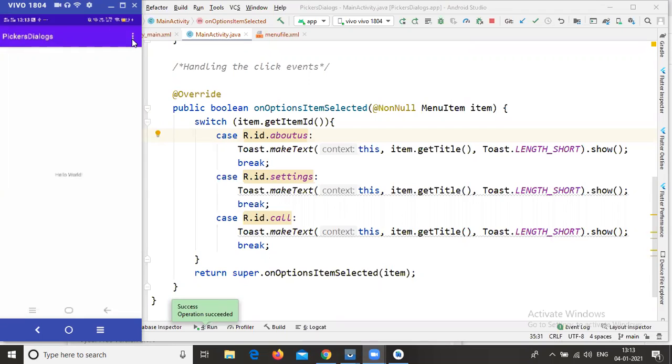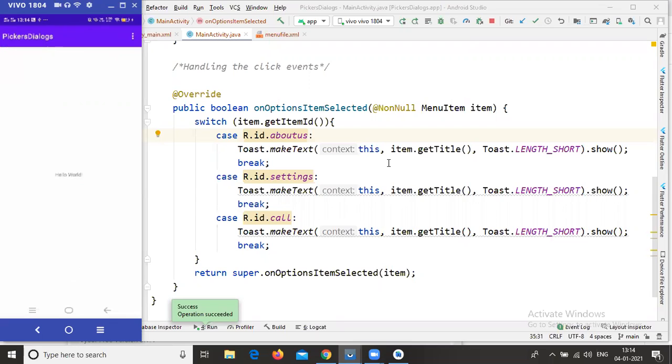When I click the option menu, the options are available: About Us, Settings and Call. If you click About Us, I'm getting the title About Us. If you click Settings, I'm getting Settings. If you click Call, I'm getting Call. This is the way you need to get these titles.